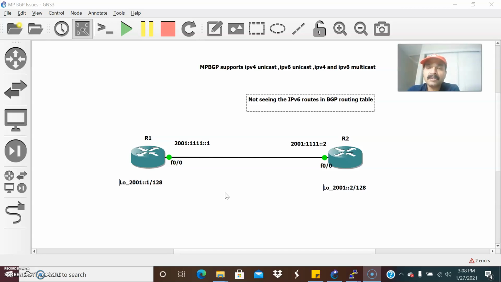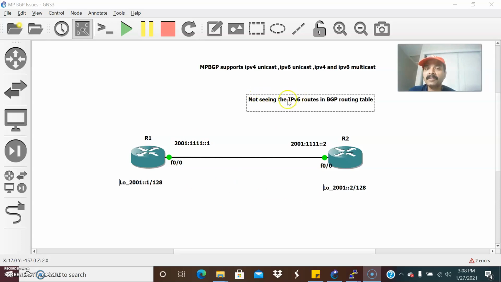So here in this architecture, I established R1 and R2. We have established an IPv6 neighbor adjacency, right? So on R1 and R2, I created the IPv6 interface. Both these interfaces should reside in the same subnet. And additionally, I defined the loopback address on R1 and R2. So I configured the MPBGP for establishing this IPv6 neighbor adjacency.